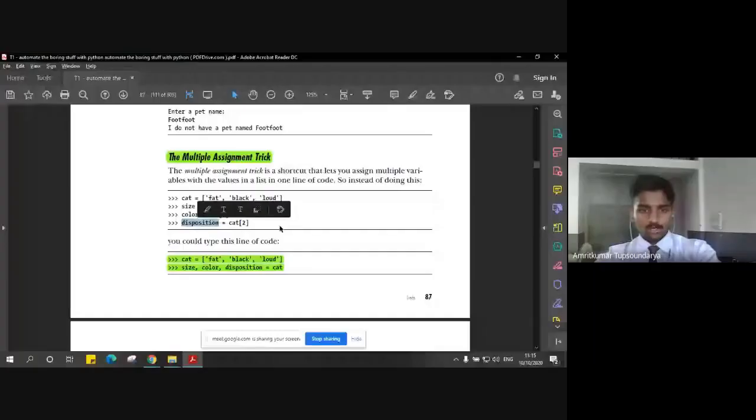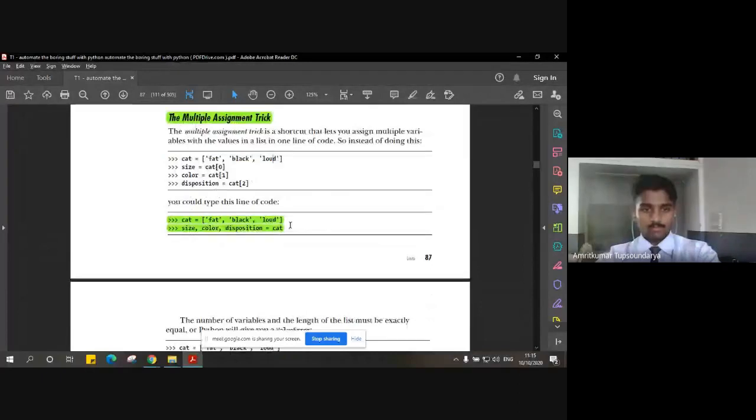and this position is assigned with the second index of the cat. So by default, the fat will be assigned to size, the black will be assigned to the color, and loud will be assigned to the disposition, right? And once we execute this, so single line, if you want to execute this in the simple single line, what